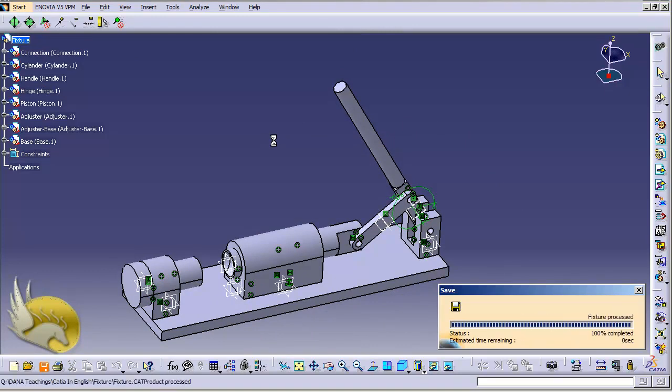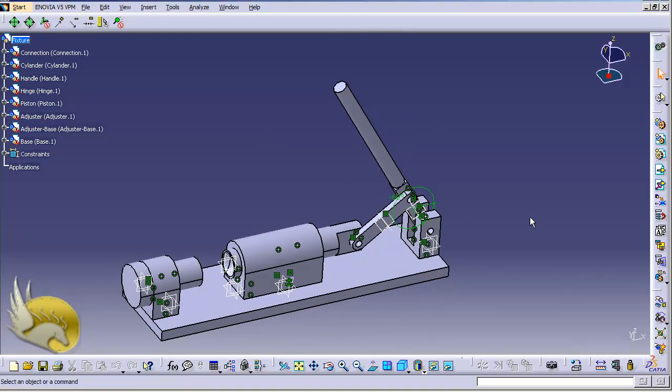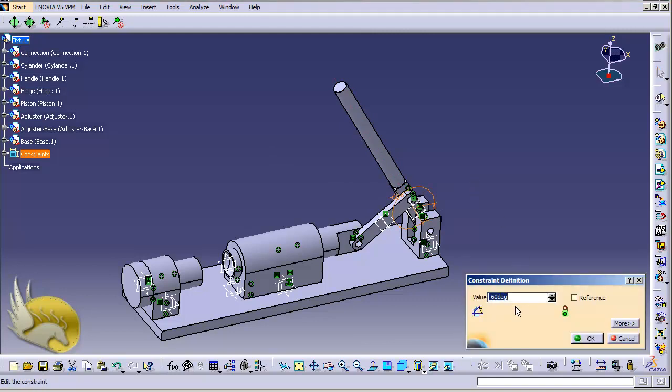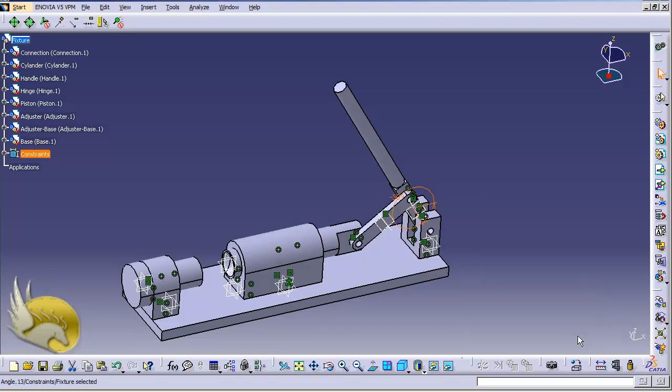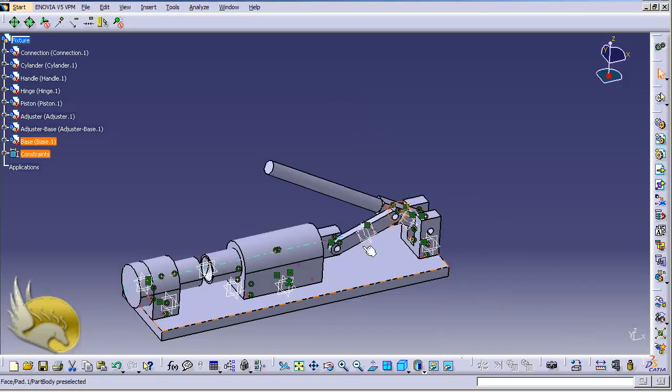Let's press Ctrl S to save everything. And I can check this to see if everything is working just fine. If I select the angle, for example, and change the angle from -60 to, for example, -30, and press OK and press Ctrl U, you can see that everything moves